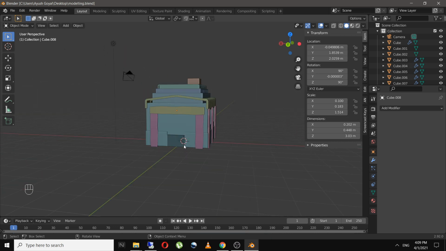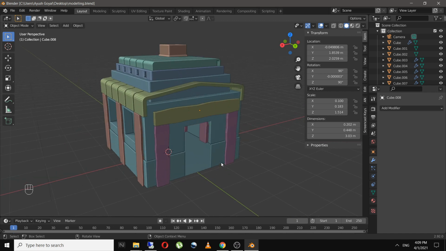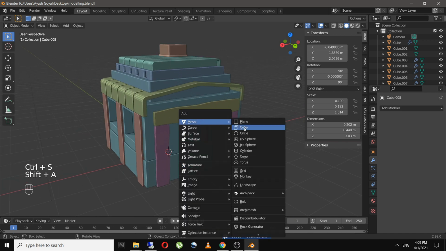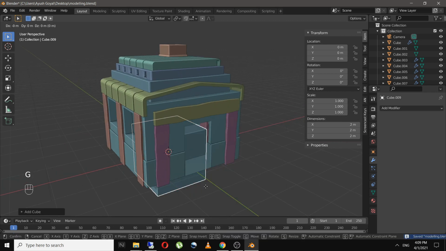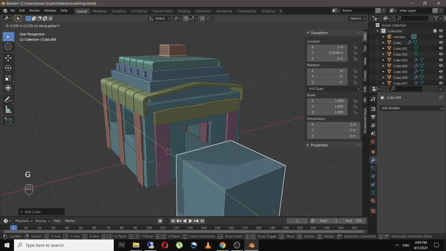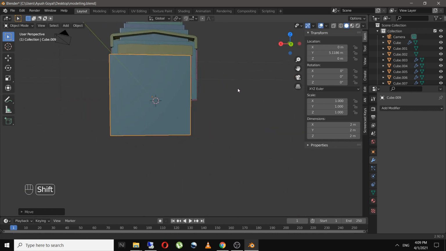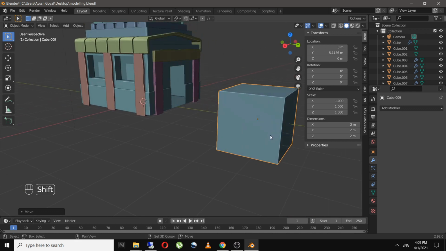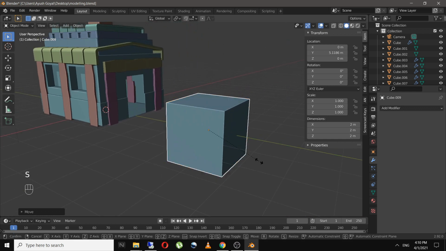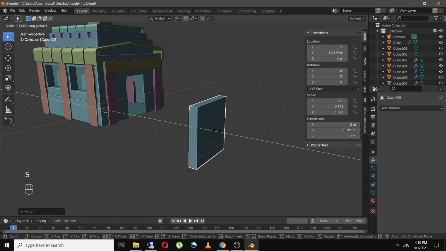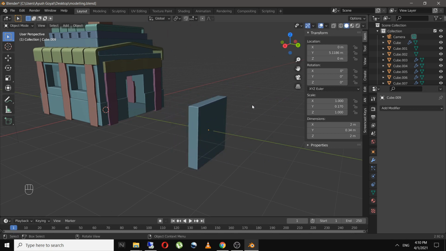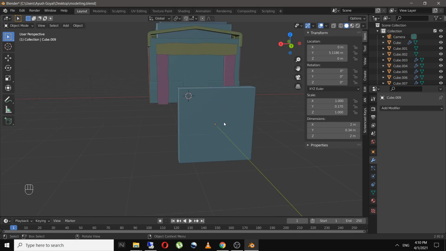So now the only thing left is the door frame. That is also simple. For that, add in a cube, bring it over here. Scale this on Y, something like this.